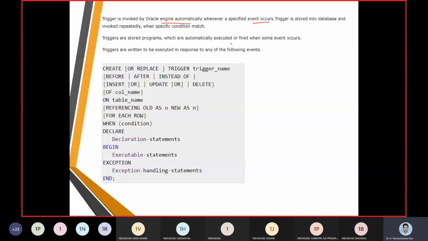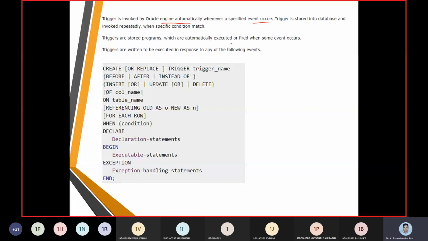So for triggers, we have another example here. In this example, we were talking about a database relation schema where we have a professor, and the professor is going to have a professor ID, professor name and professor salary. Now there was a constraint that we must ensure that his salary should be greater than 60,000.